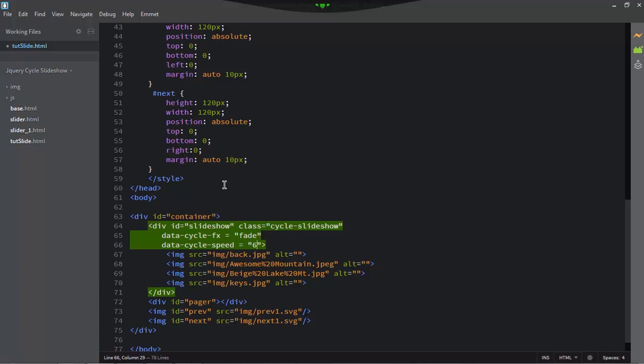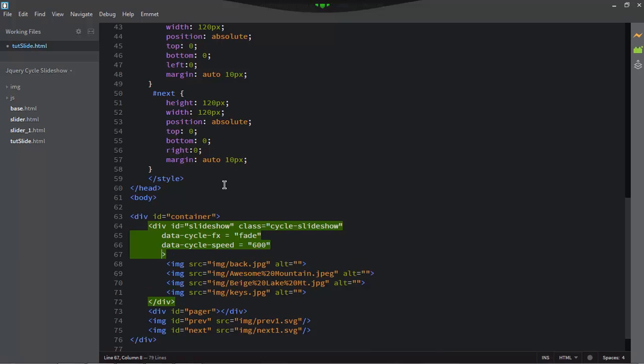I'll be taking 600 milliseconds and define it in milliseconds. And I want control over the timeout. Now, what a timeout actually is, it's how much time your image is going to be displayed on the page, or stuck up on the wall. So simply, data-cycle-timeout